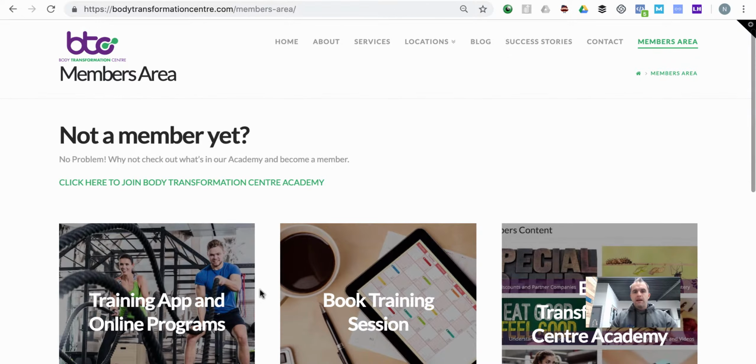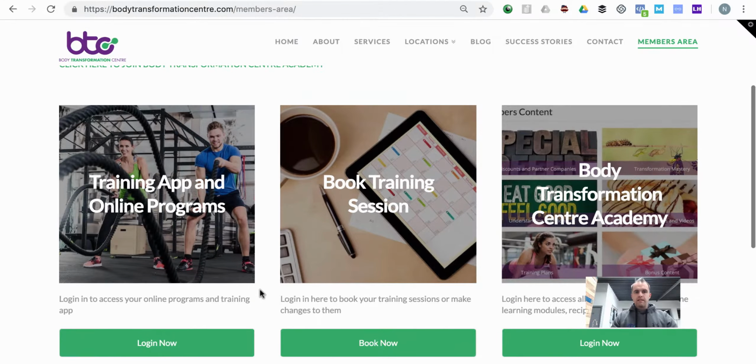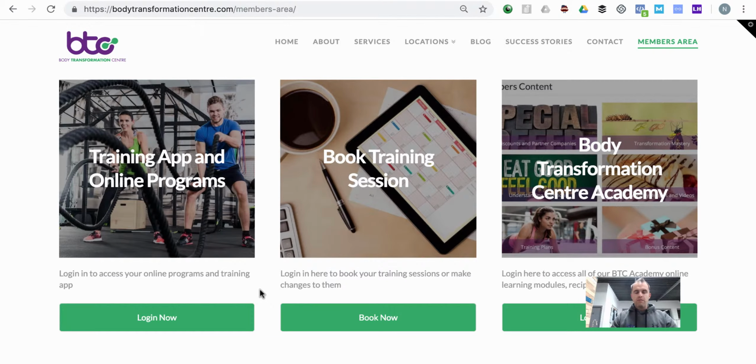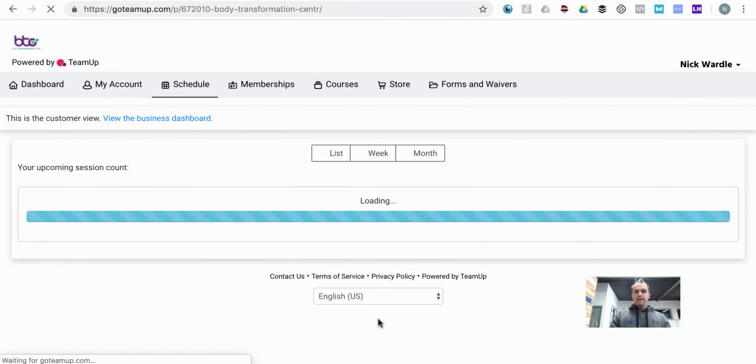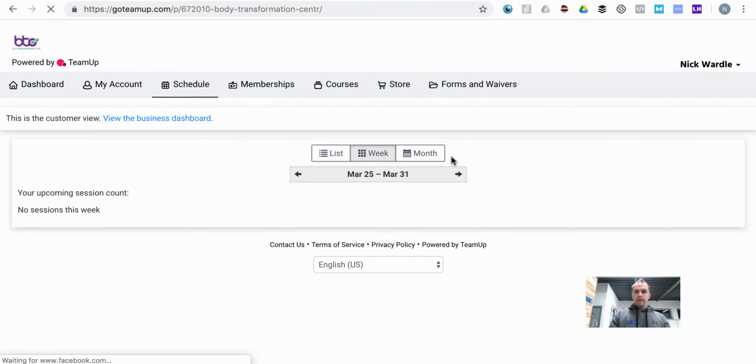All right. Now, what I need to explain is there is two pieces of software we use, and these are your login points on the screen. Okay, there's one here and there's one here. Okay, so booking in your training sessions should be straightforward. That means you click on the book now button. Okay, so you click on this, and that takes you to the page where you can book in your training